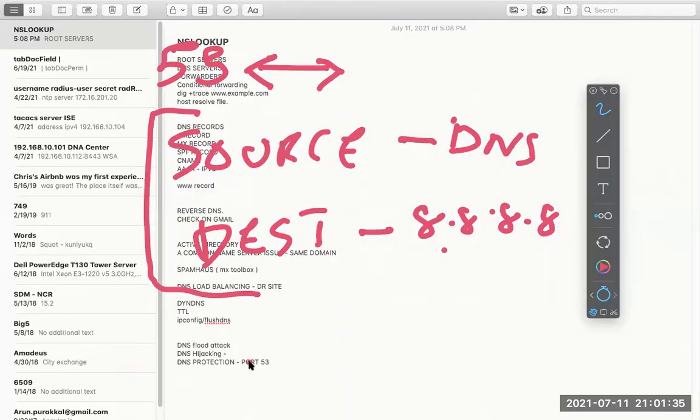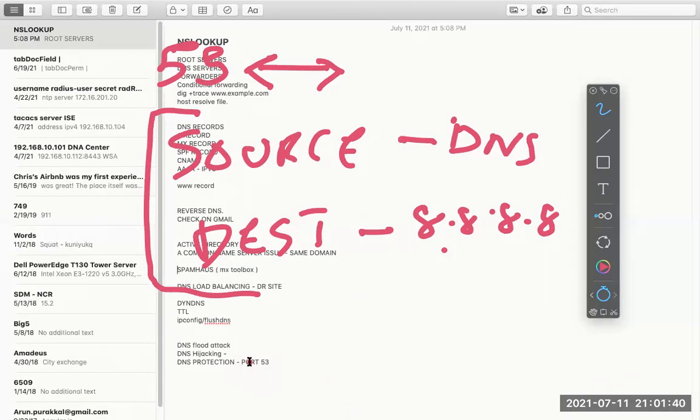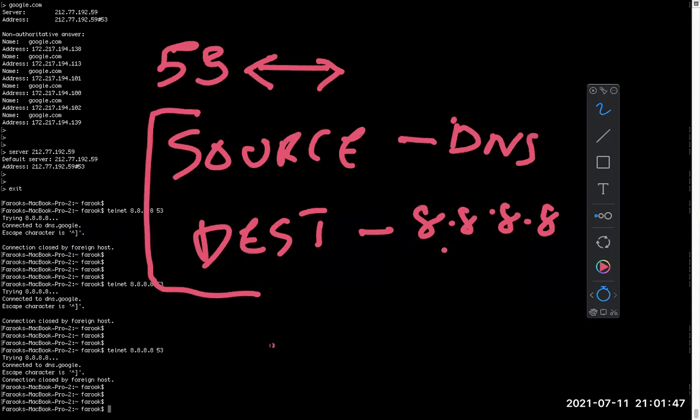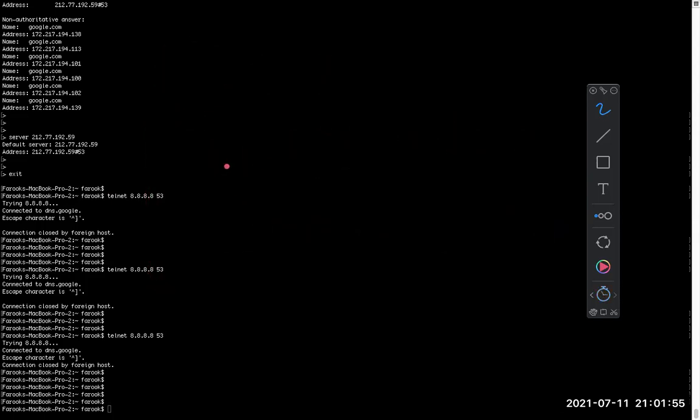Okay, so here one thing. DNS, and there is a resolve file. You have a host file. All of you know the host file, right? The hosts file inside Windows. You can put a mapping yourself. You don't need any DNS server. Just put any domain name and put an IP address. I think all of you know that.